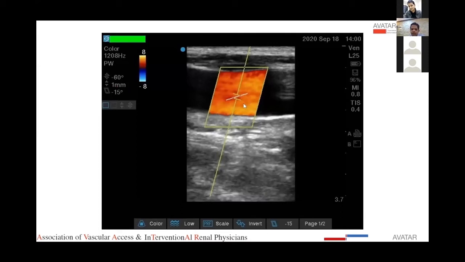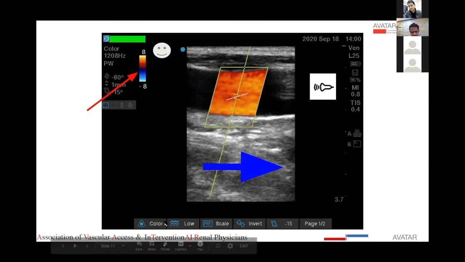Again, this is the same patient, same probe position, only a few settings have been changed. As we can see, this is the parallelogram, this is the acute angle. So we can imagine that the direction of vision is from this side, and then we look at the color map. Red is on the top, so the flow is towards the probe, and again this is the head. So all these three images, in spite of the change in direction of the parallelogram or the change in the color of the blood, are all giving the same information. So this is what we need to know when we are looking at a Doppler image.